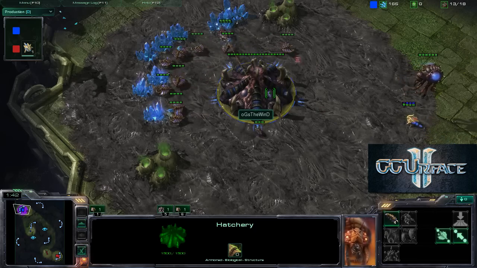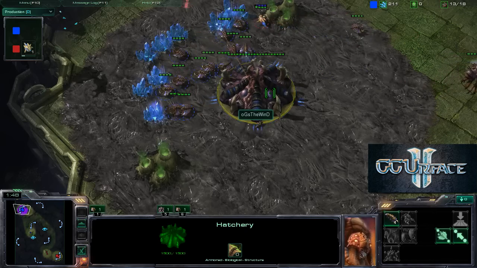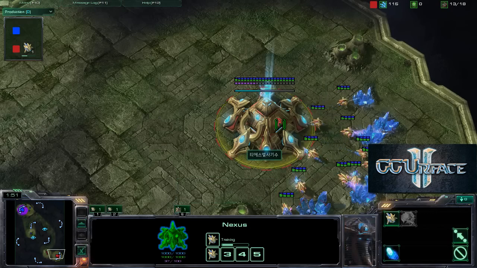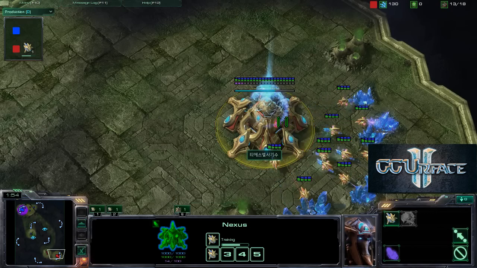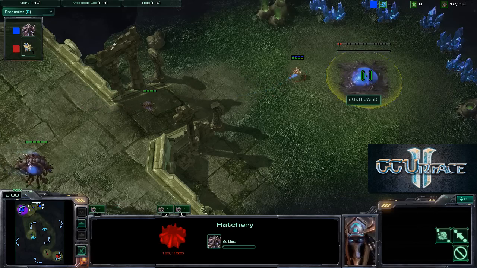Hello and welcome to the game between OGS TheWind and sSKs. OGS TheWind will be playing as the blue Zerg player at the upper left hand corner, and sSKs will be playing as the red Protoss player at the lower right hand corner. The map is going to be Jungle Basin, and let's take a little peek around the map